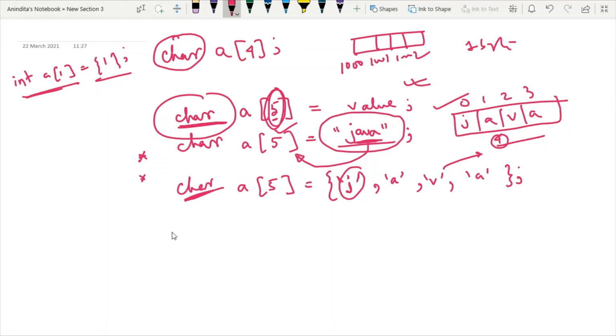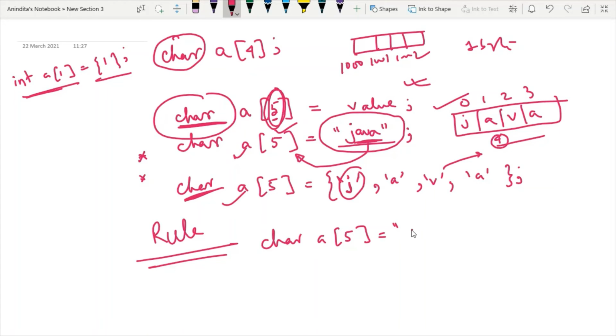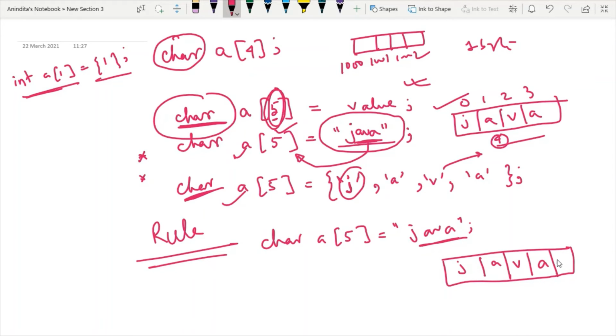So now you have to understand the very important rule for a character array. Whenever you are allocating any value by using any of the mechanisms, then in the memory, after ending this word, a null will be assigned automatically.